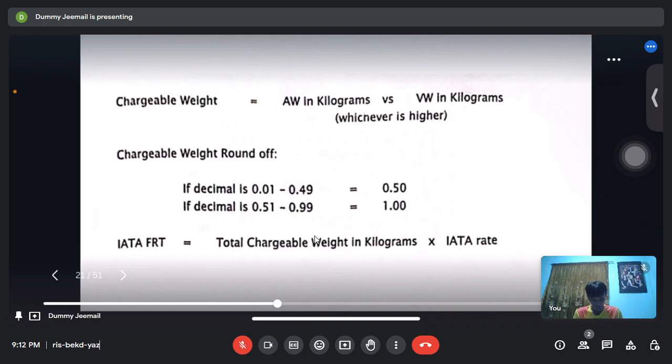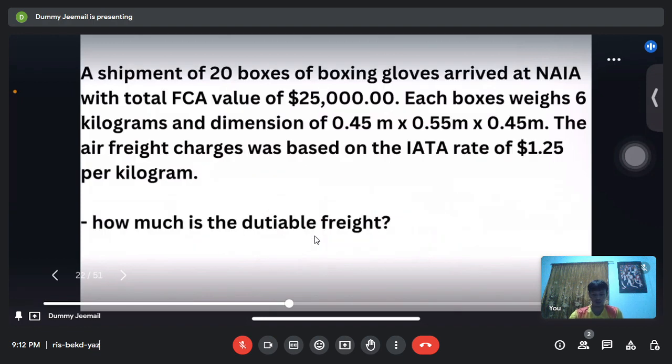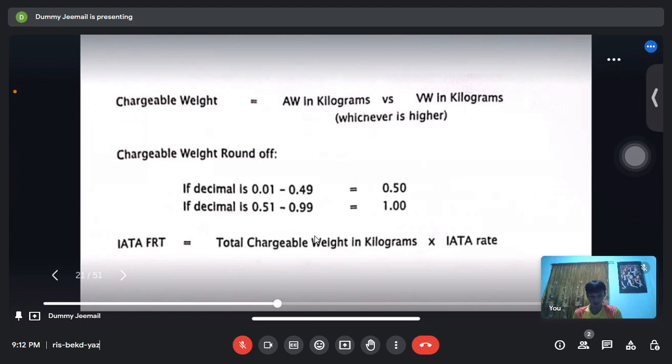So IATA rate diri is $3 per kilogram. So 375 times 3.00. So times 3. So ang answer ana is 1,125, no? So mao na siya ang ato ang dutiable freight, no? So to explain it further, no, wait, so before dito mo proceed, no,